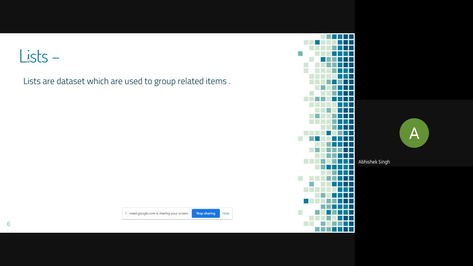Summarizing in a nutshell, since there are different varieties of data, there should be different types of lists as well to accommodate that data. So with that said, let's see what lists are and what their different types are.